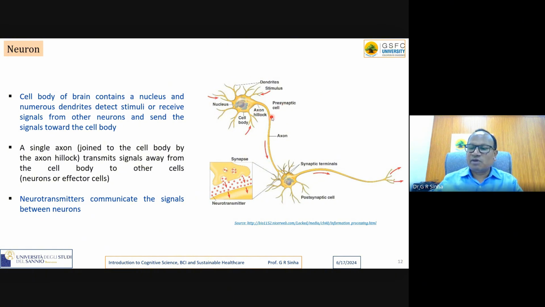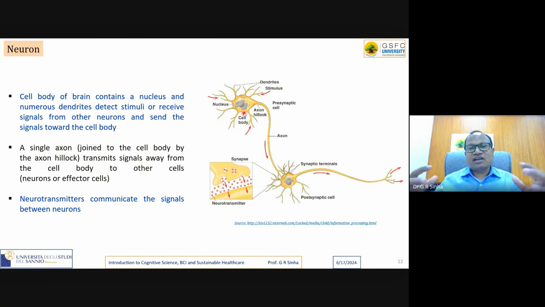And if you remember in the previous slide, there was a term called axon, right? So the two neurons are connected with this. Then synaptic junctions are there. So all these neurons have certain centers where neurotransmitters are there. With the help of neurotransmitters, from one neuron to another neuron, they communicate with each other.